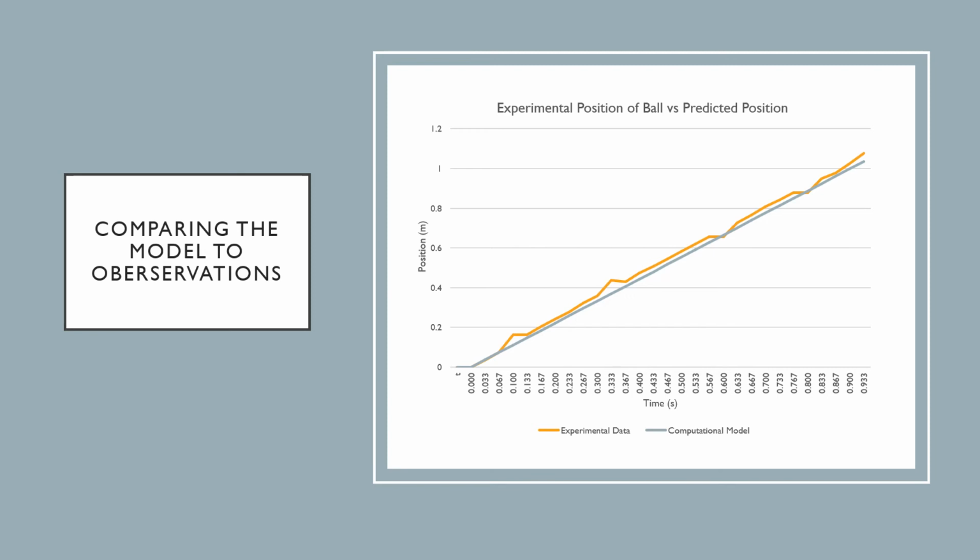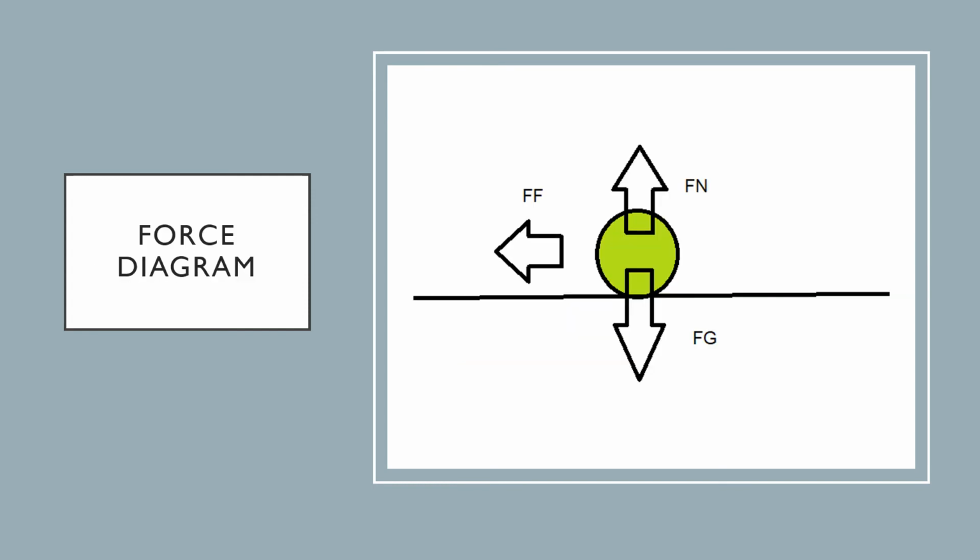In comparison, the orange line represents the experimental position of the ball actually taken from Tracker. Since the data points are not perfectly linear, it can be concluded that the velocity is not constant during observation. The discrepancy between the model and the experiment can be attributed to the non-zero net force acting upon the ball during the observation. This diagram illustrates some of the forces acting on the ball during the time of observation in the experiment. In the y direction, the ball is acted upon by the force of gravity in the negative y